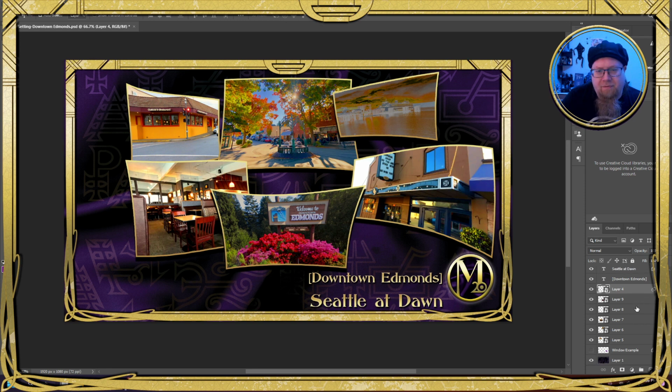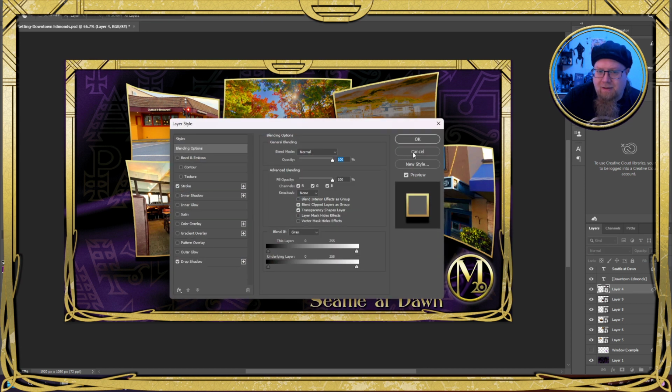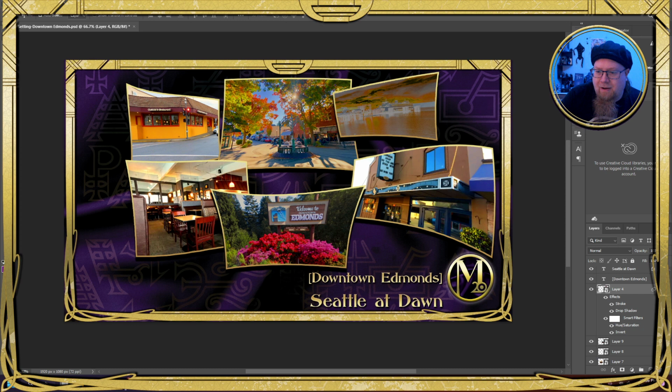I don't know if there is a faster way to do this. I just kind of came across this, but there's no way to really copy, not the layer styles, but the smart filters. I wish there was, but here's the workaround.